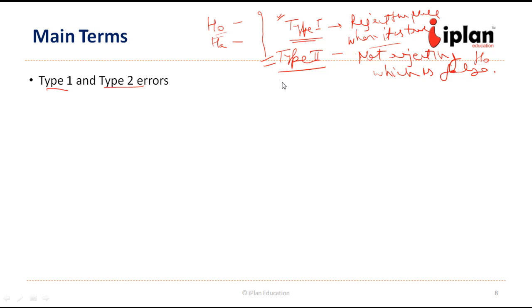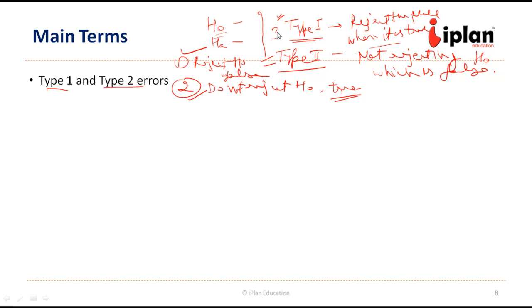So there are totally 4 possibilities. One, that we are rejecting the null where it is false. So that is right decision, no error. The second possibility, we do not reject null hypothesis where it is true. So it is true, we are not rejecting it. That is a right decision. Then there are two cases of errors. Type 1 error where we are rejecting the null hypothesis where it is true. That is type 1 error. And the fourth case is type 2 error where we are not rejecting where it was false. So we have two kinds of errors.